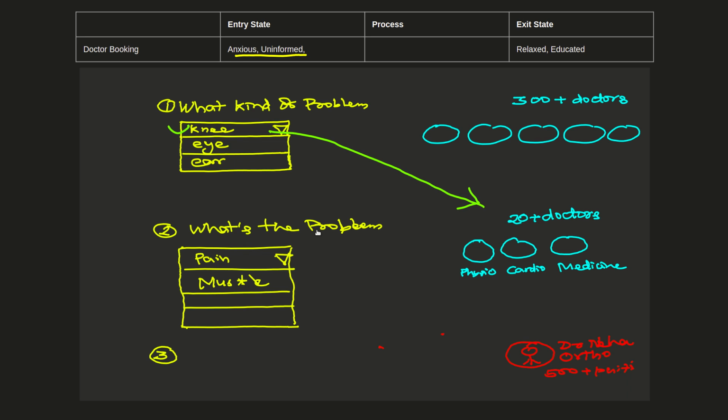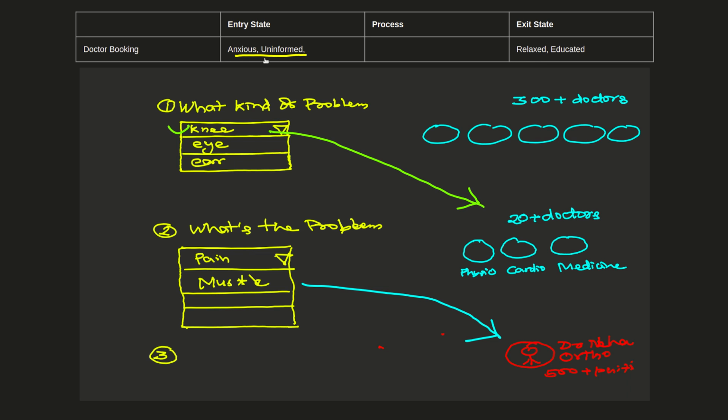So what is the problem? You are telling like pain, a muscle problem, or any other things, right? So once you select that, so I have forgotten a lot of stuff. So once you select that, what basically is happening is at the end you are getting this, right? So what you are getting is Dr. Neha. So she is ortho, and also at the time I need to be relaxed,